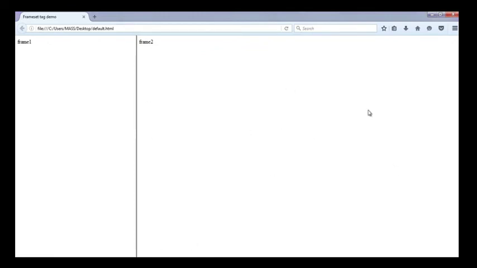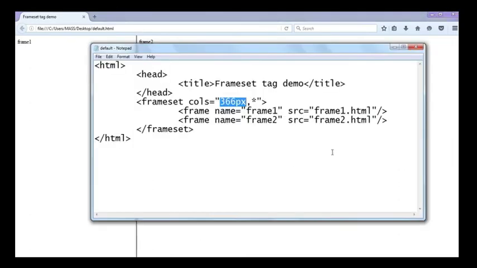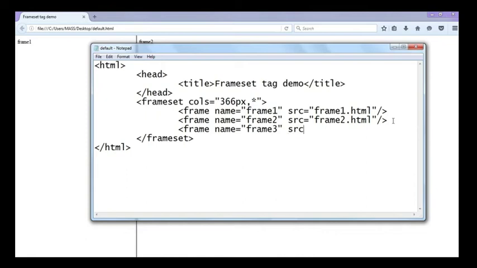We can create one more frame also if we want. It's quite easy, right? So here I am going to create one more frame. The frame name is going to be frame3, double quotation, src. It should display a web page with the name frame3.html, />, file, save. Here I am going to mention, for example, the first frame width should be 10%, comma, the second frame should be 25%, and the third frame I do not want to calculate. I just want to put star.